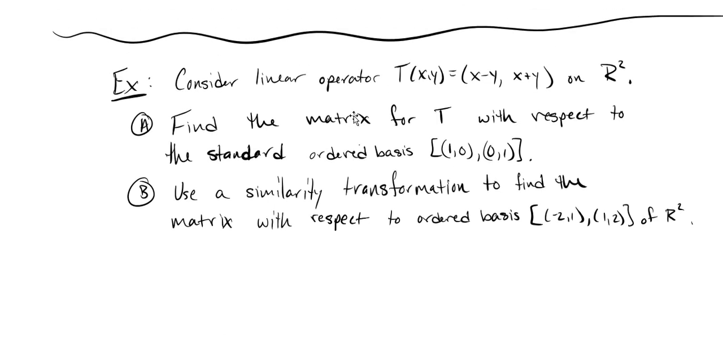So let's do an example seeing this. Consider the linear operator T of (x, y) equals (x minus y, x plus y) on R2. First, let's find the standard matrix for T with respect to the standard basis. Remember, that's always super easy to do. We just need to, part A here,